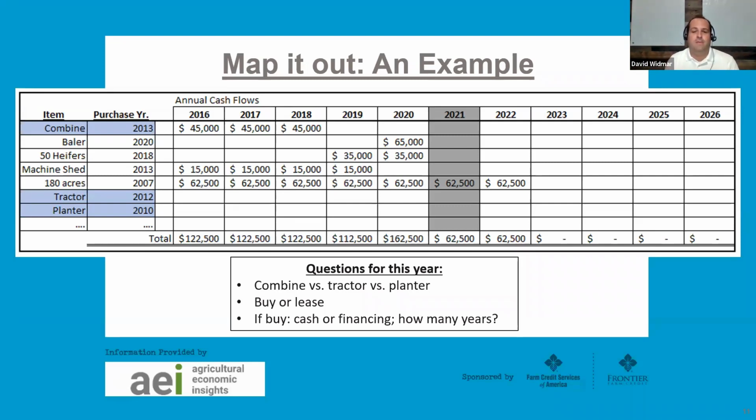These are all the types of things that, when you map that out, make this a much more strategic decision, and you can really start to have some flexibility in thinking about how you want to deploy this. Yeah, David, and we talked about this, and I just want to reiterate this because I think this year you're going to see a lot of this activity. We did a webinar where we covered the impact of Section 179, and we showed an example of how you can get behind the curve on that if you depreciate 100%, finance 100%.